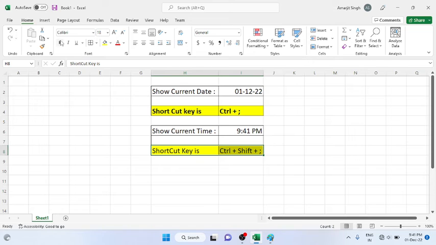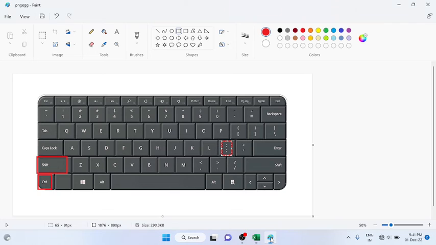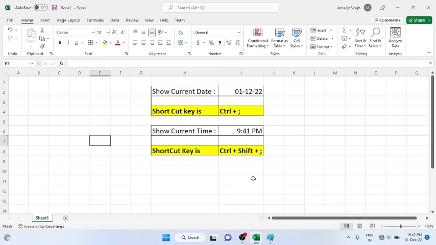So practice it. You can see this image also. To display the current time in a cell, you can press Control Shift and semicolon, and you will get the current time. Okay, so practice it,